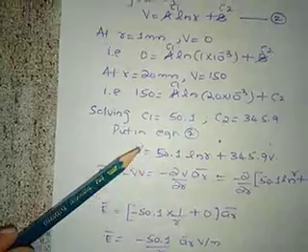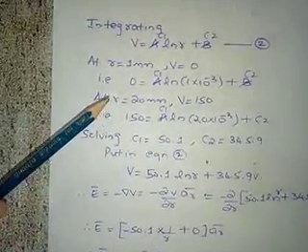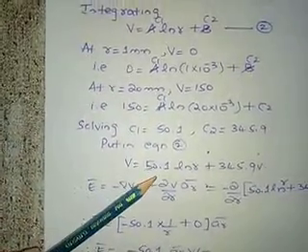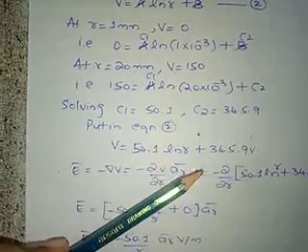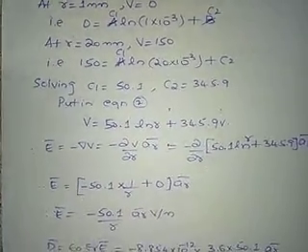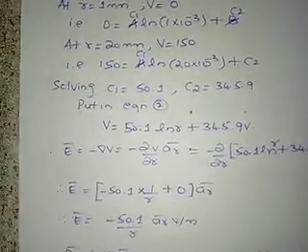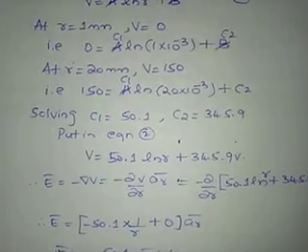Put in equation 2. So these values you put in equation 2. So you get V is equal to 50.1 ln R plus 345.9 volts. Okay, right? In the last class I had explained how to